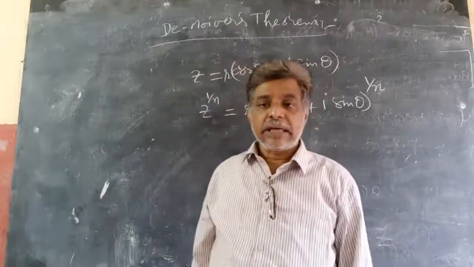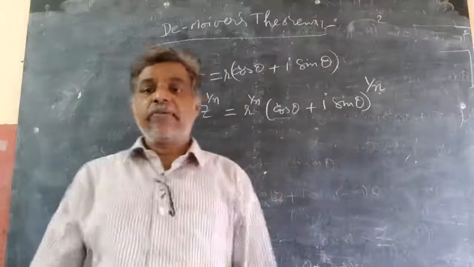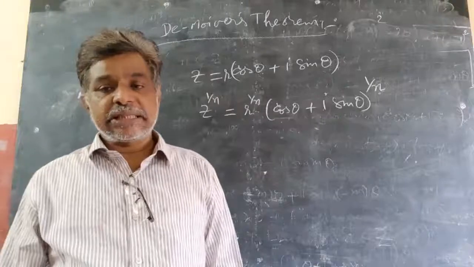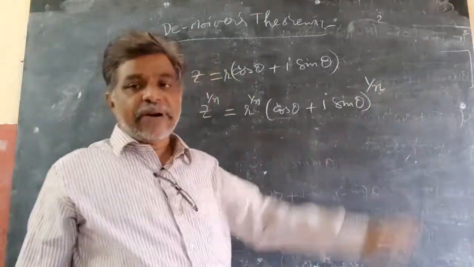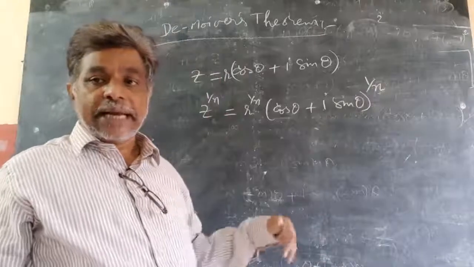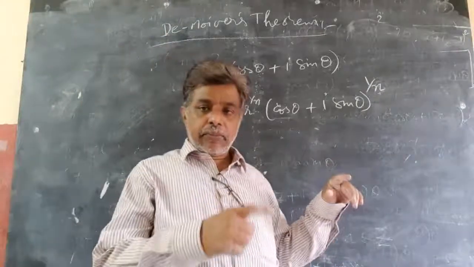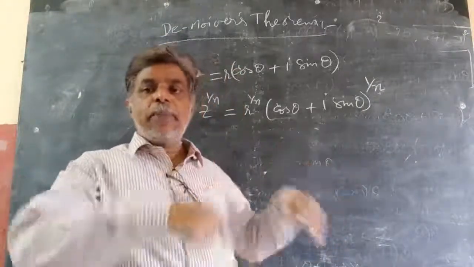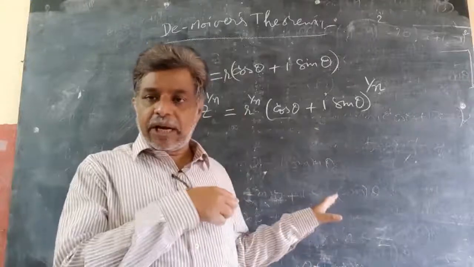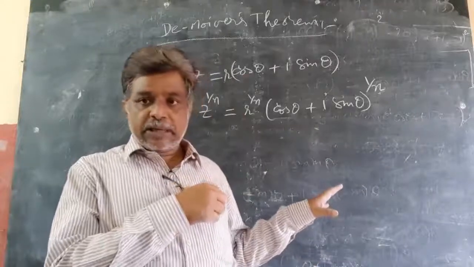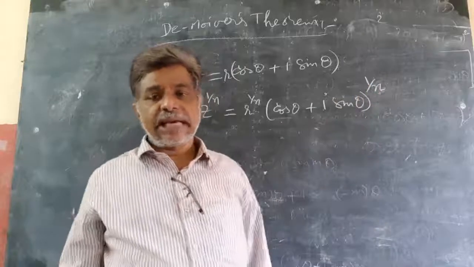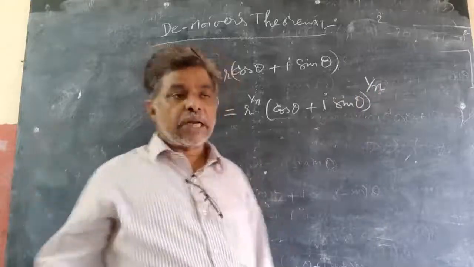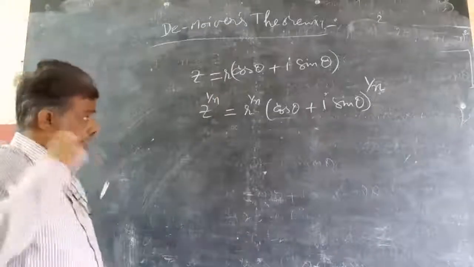If it is not an integer, like 1 by n, 1 by 2, 1 by 3, fractions, then how to do it? Now, that nth root I will find, that's it. If it is m by n, I will take the nth root first, then whole power m, and apply De Moivre's theorem. So I need to find 1 by n first. Then I can find it for any rational number. Simple logic. So how to get 1 by n?